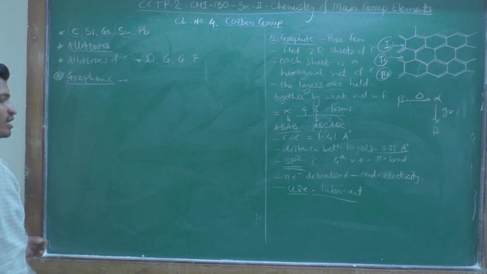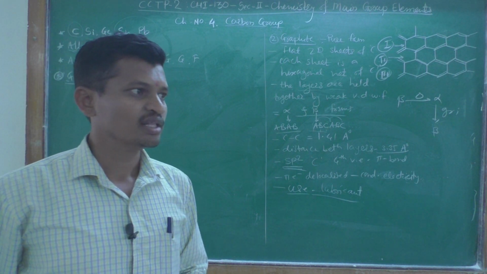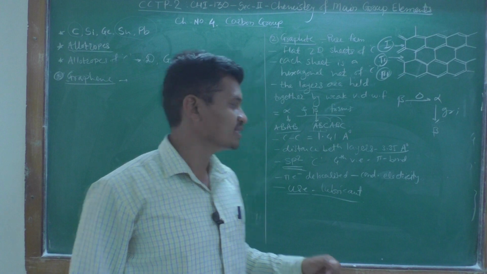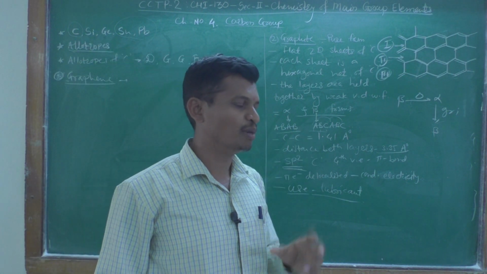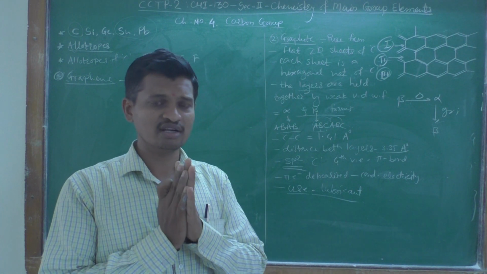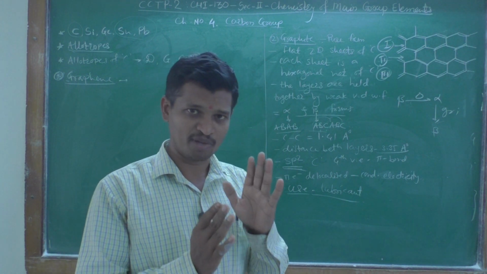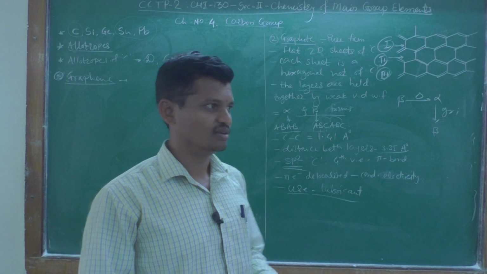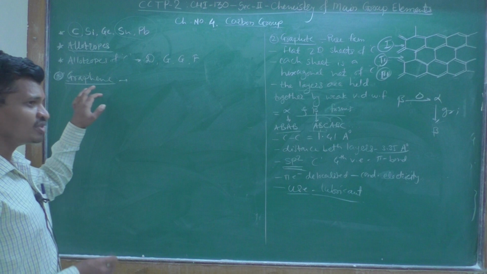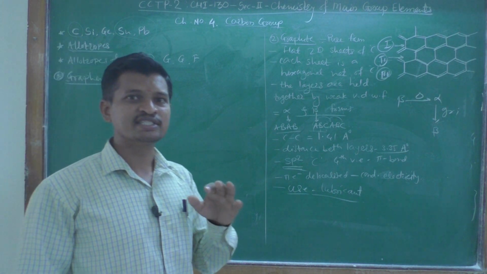This word is derived from graphite itself, but the structural pattern of graphene is different from that of graphite. So what is the difference? Graphene consists of a single sheet